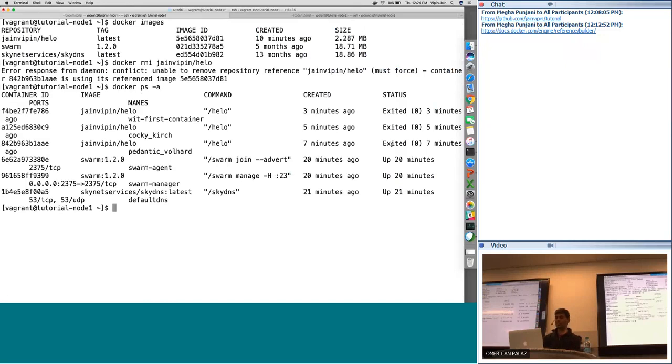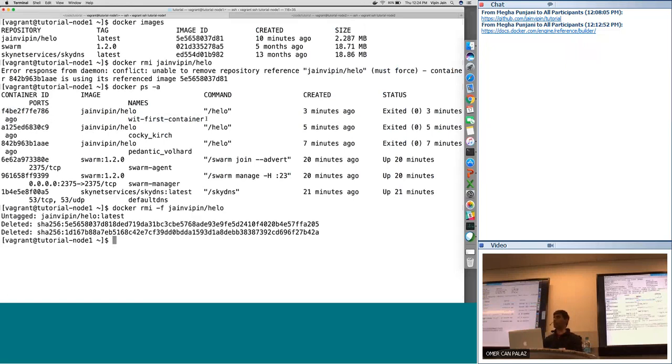So if I were to remove these containers, or I could force it. I could do -F and force this to be removed. Then it'll delete it. Otherwise, it just warns you that it looks like some containers ran with this image. Are you sure you want to delete it, kind of thing. So I can force remove it, or I could have deleted those containers and then started.